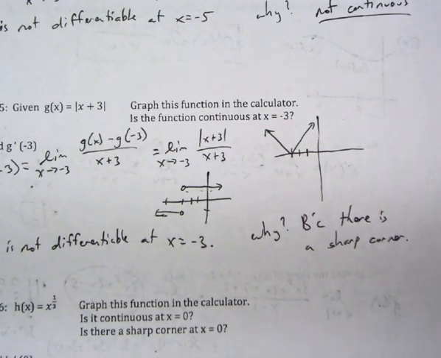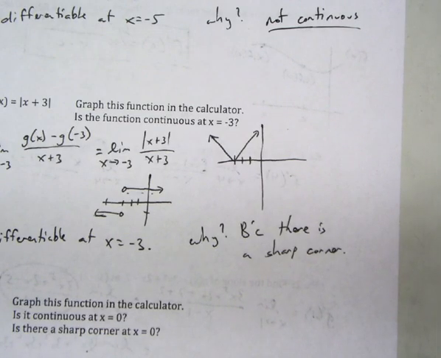So anywhere you have a function where there's some abrupt turn, then the function's not going to be differentiable at that location. And the reason is, I'll get into this a little bit more. If you think about a parabola,